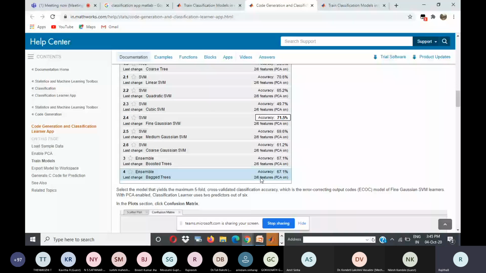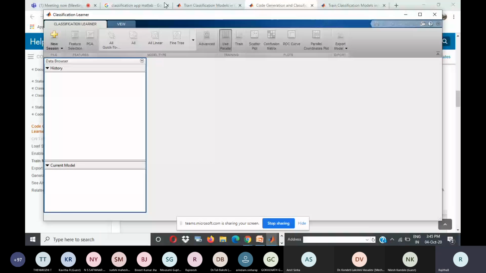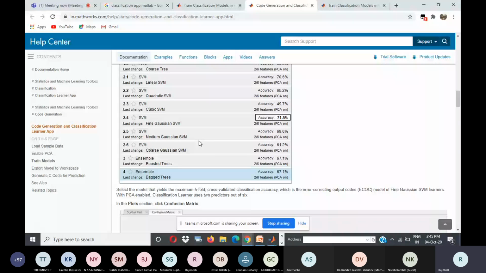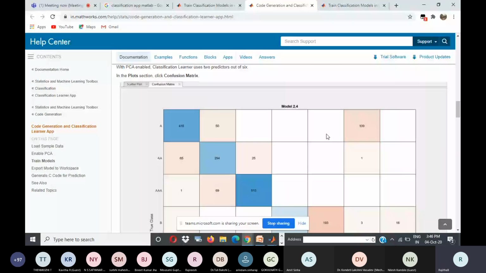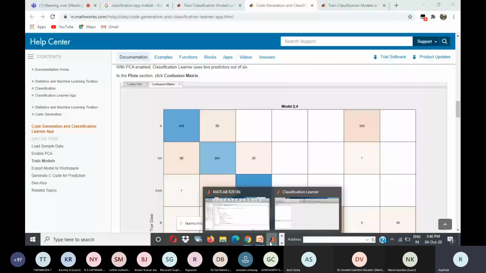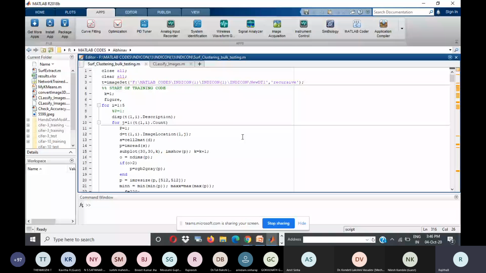Once your feature vector is ready through this classifier app. Okay. Now you can plot the confusion matrices also directly in the classifier app. Currently my machine is very slow, so I couldn't show all of them on the MATLAB tool. But if you are willing to work, you can go with this tool. It is very friendly. So let's say I'm taking one file.